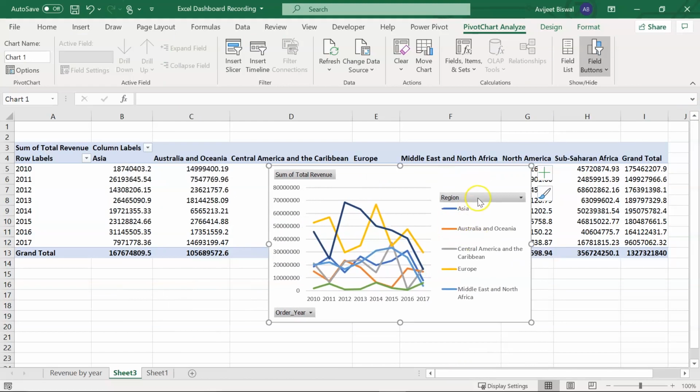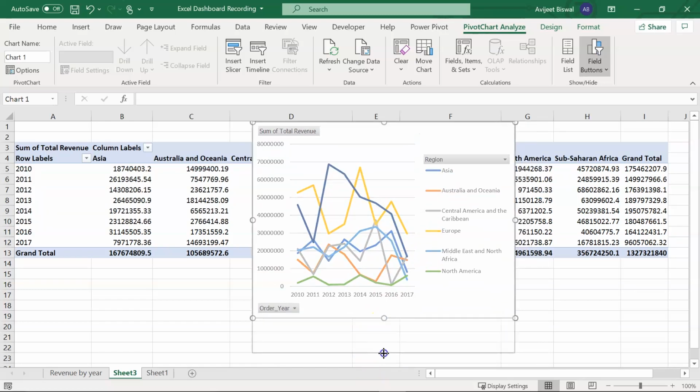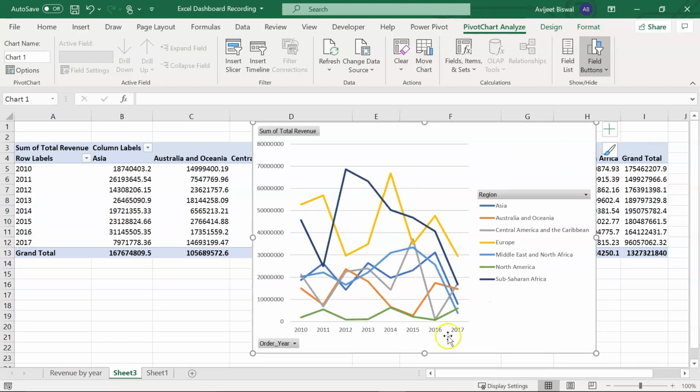So on the right you see the different regions that are present in different colors. Let me just expand it so that you can see all the regions we have. So in total we have 7 regions, and each of the regions have been represented in different colors. So if you notice this graph, for the Sub-Saharan African region in 2012, Sub-Saharan Africa made the highest amount of sales. Now from the sample data you can also tell that the revenue for North America has been significantly low